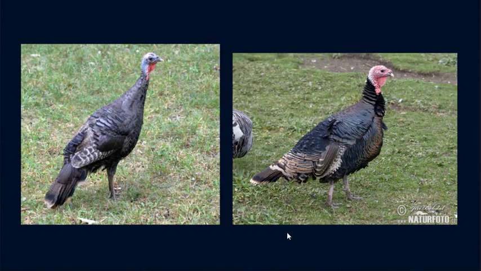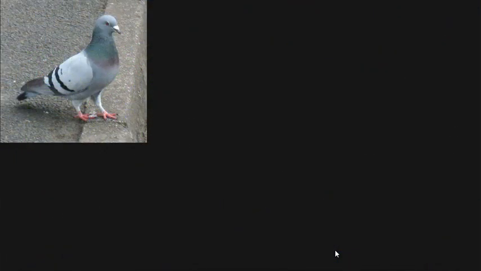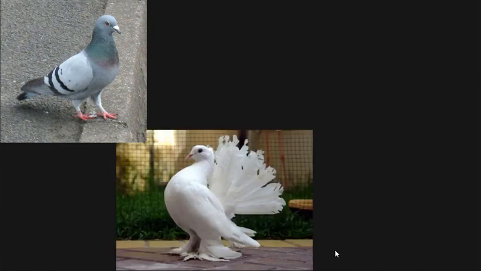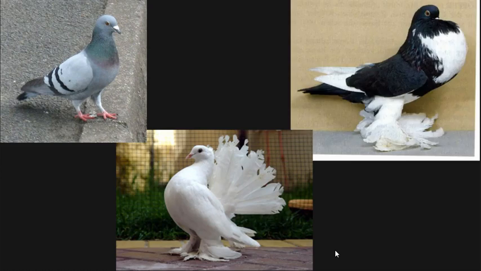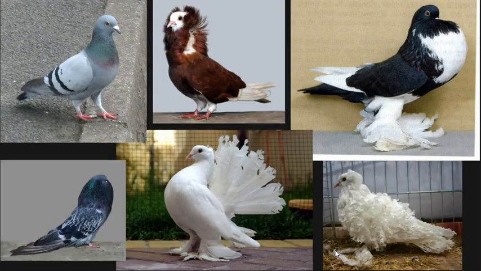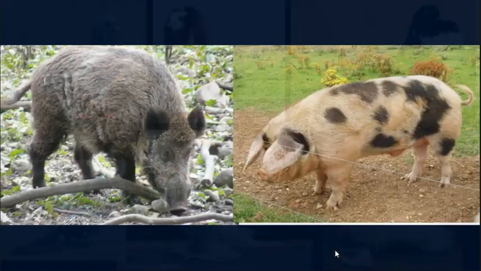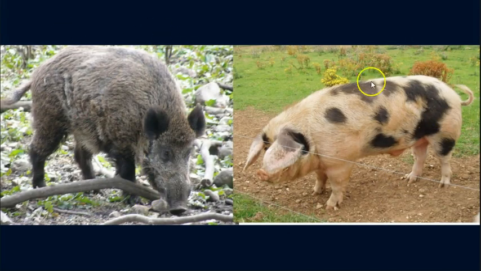Because we made it. Here is a wild turkey. Here is a domestic turkey. A lot more meat on this guy right here. As a matter of fact, they fly, but they don't fly well. Wild turkeys actually do fly. Pigeons, right? There's a nice little pigeon that happens to be rock dove, which is the pigeon you see in the cities. We make them into things that we find attractive, right? So we do all sorts of things. So it's not just because we need it to be functional, we also breed things that we think are pretty, right? But back to the functional thing, this is the wild boar, this is a domestic pig, and we use those for all sorts of things.